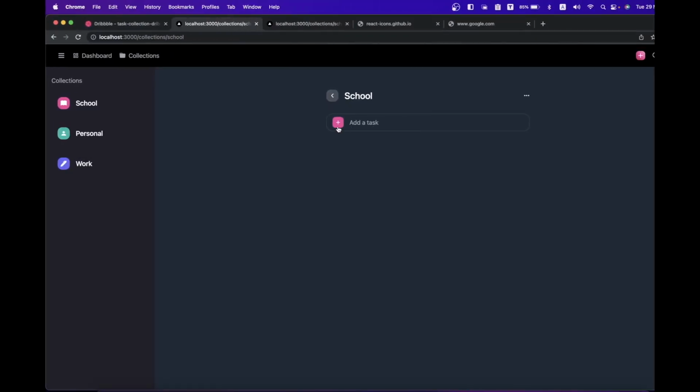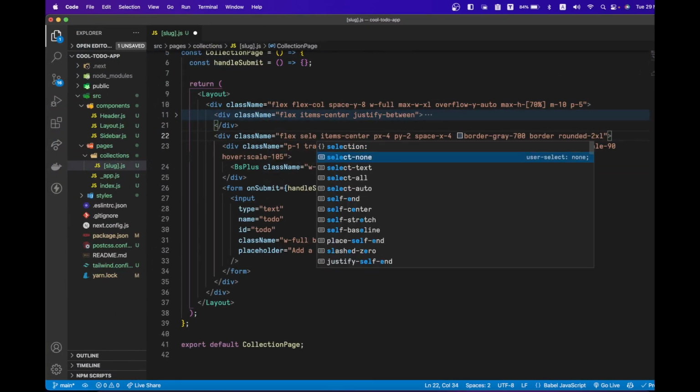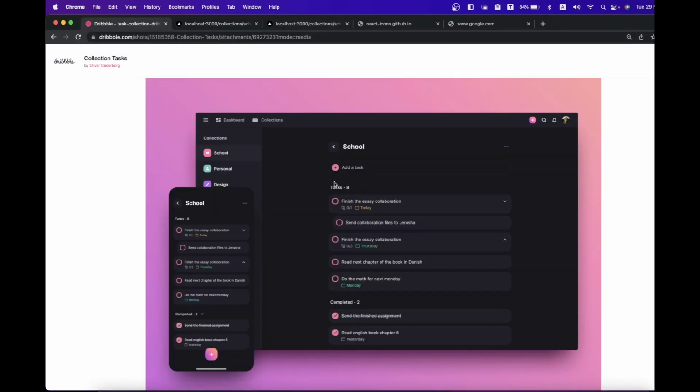Now it looks good, and now if you are looking, this is selecting our text if you click on the plus icon. To prevent this, we can use the select-none class in Tailwind. Say select-none, and now it will not select the text. Now it is looking nice, and we will further move forward